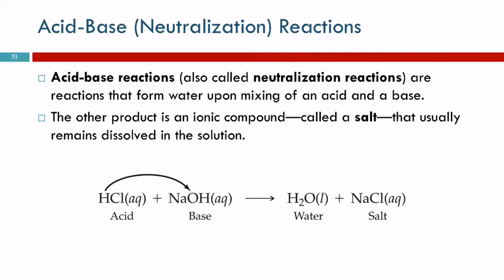So here's an example: hydrochloric acid reacting with sodium hydroxide. We can think of this in the same way of swapping partners. So if we approached predicting these products like we did with the precipitation reactions, and wrote these as their individual ions and swapped the partners,